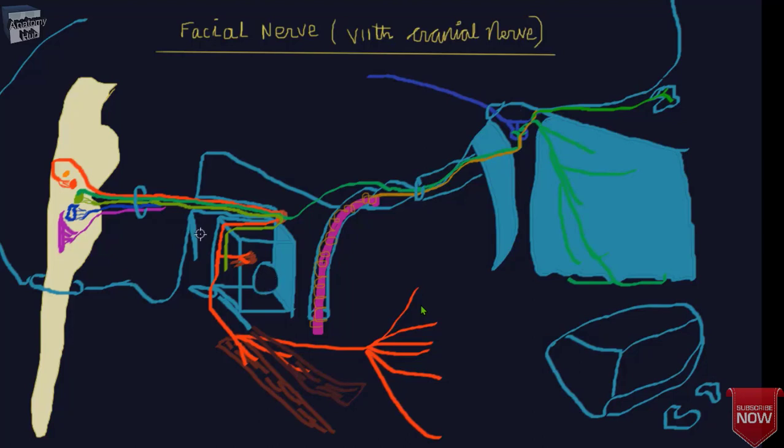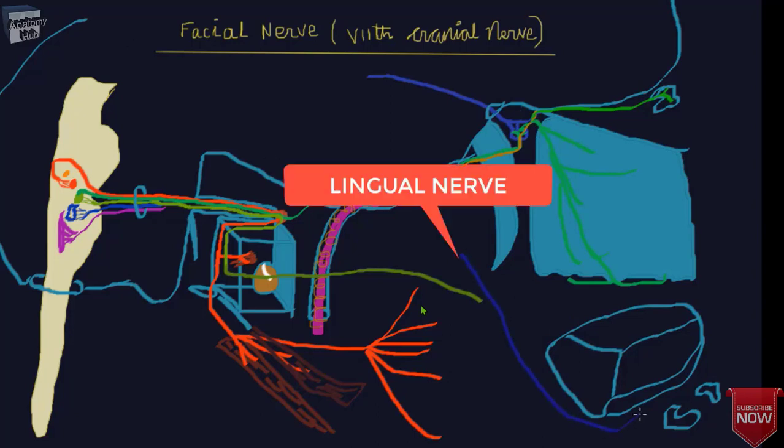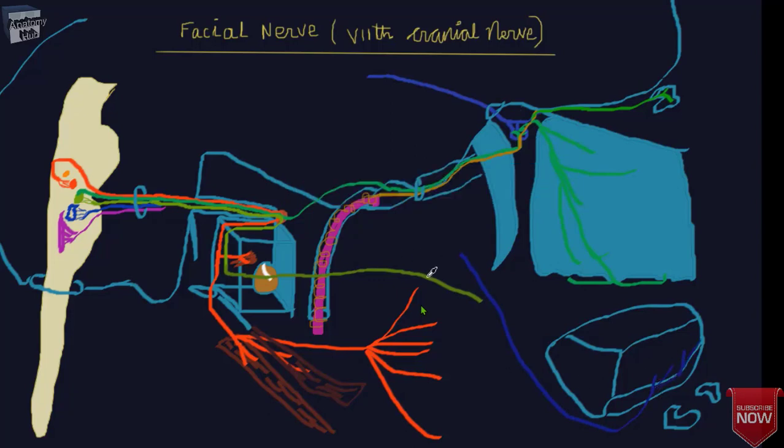Here you can see the tympanic membrane, the lateral wall, and you will find the tympanic membrane, and here this nerve actually enters into the facial canaliculus and is closely related to the tympanic membrane and will exit out through the fissure as the chorda tympani, which travels across the bones of the middle ear and leaves the skull at the petrotympanic fissure. It then enters the infratemporal fossa and runs with the lingual nerve that you can see here,